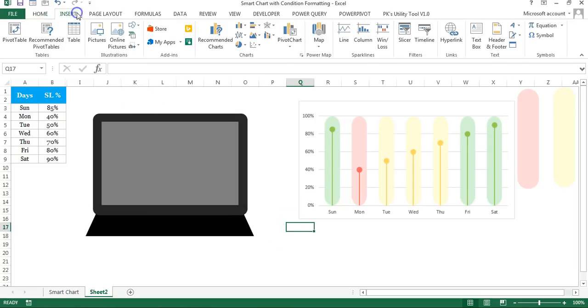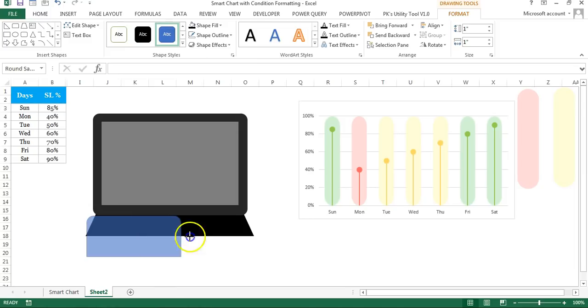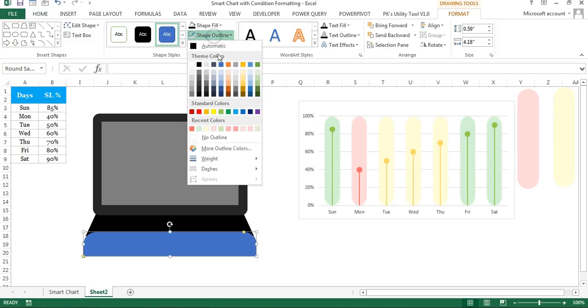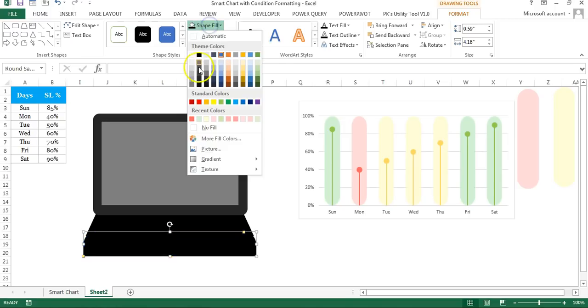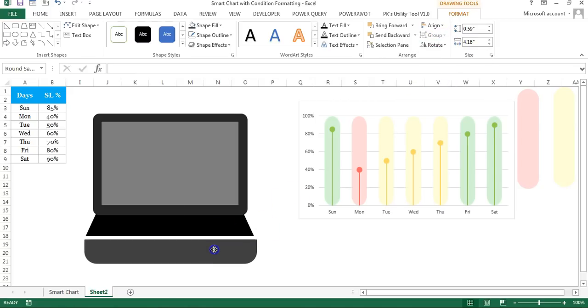Now I'll go to the insert and then I'll go to the shape and this time I'll take this shape which is round same side corner rectangle and just create this shape here like this. Pick this yellow handle and change the radius completely like this. I'll go to the shape outline, will say no outline. Shape fill will take, let's say, this color, or this one. Now I'll go to the format and rotate and will take this flip vertical, this one, and just keep this here.